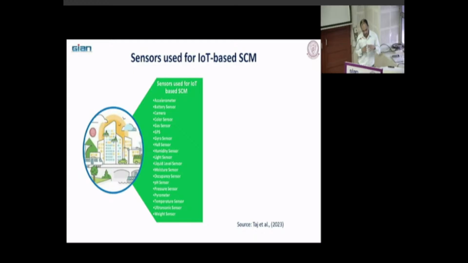So it again varies with your supply chain type. If you are into the food supply chain, you may need specific kinds of sensors. If you are into your automotive supply chain or fashion supply chain, you need some different kinds of sensors.